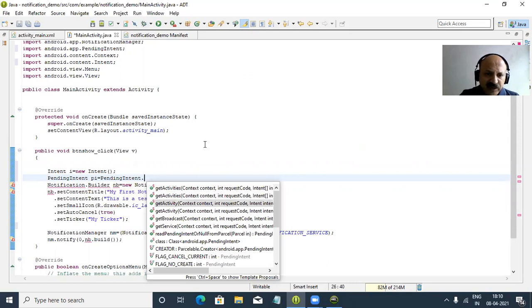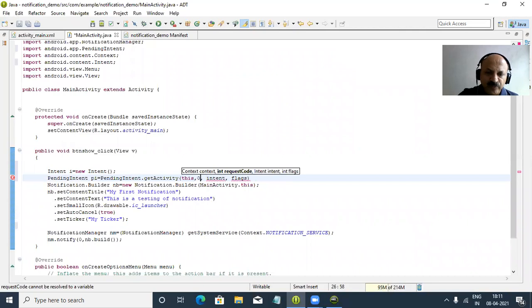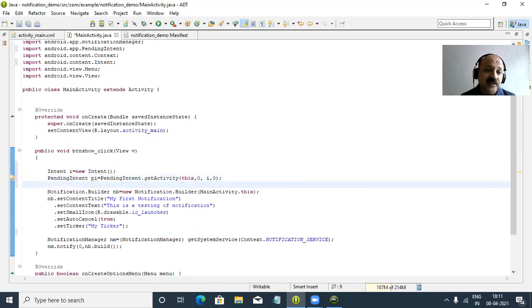So we pass here the activity, first I directly pass the this keyword, then the request code, so I pass 0, and then the intent, so I pass I, and then the flag variable, so I pass again 0, that integer value. So that completes the pending intent.